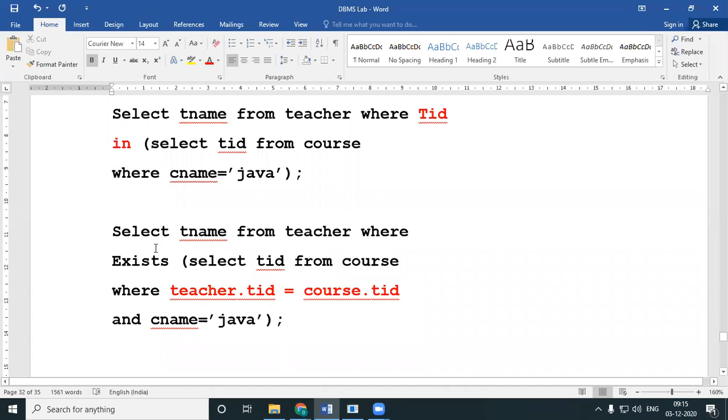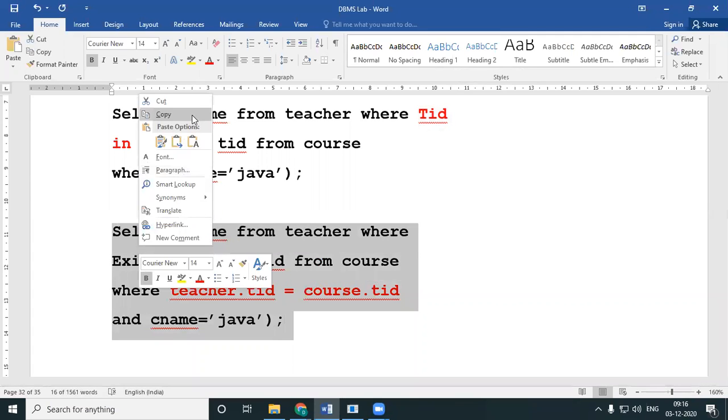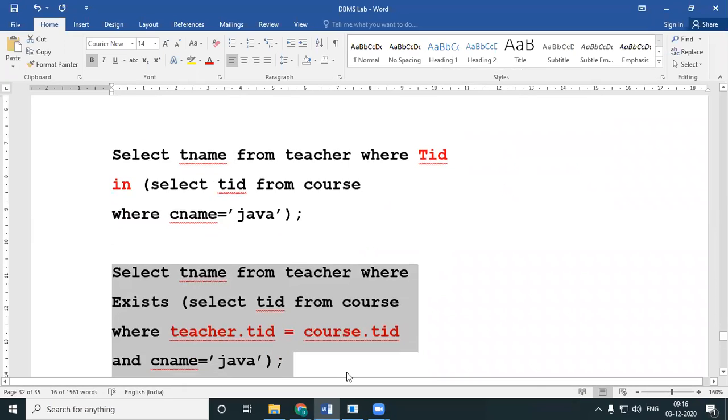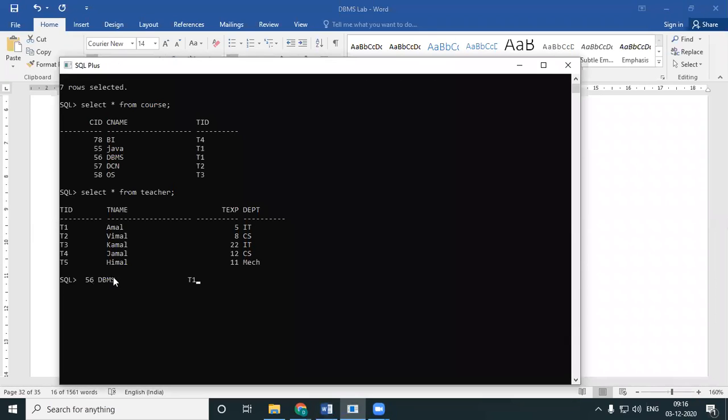So this is how you write your exist query. I'll go once again. Select the name from teacher where, instead of in, I write exist. The same thing. Select TID from course. I replace this TID by checking for the equality. I'll just copy this. So what was my question? Who teaches Java? I'll paste it over here.